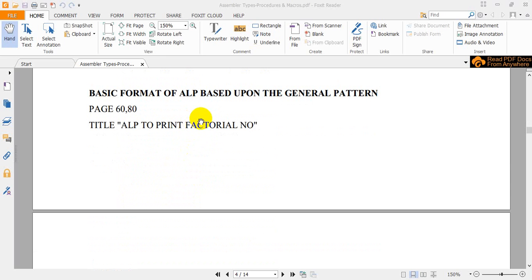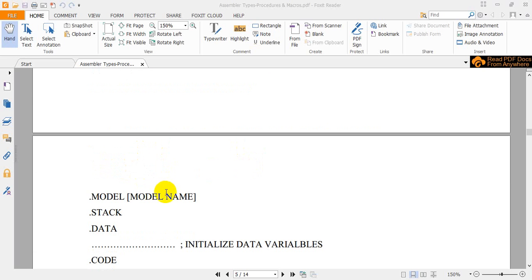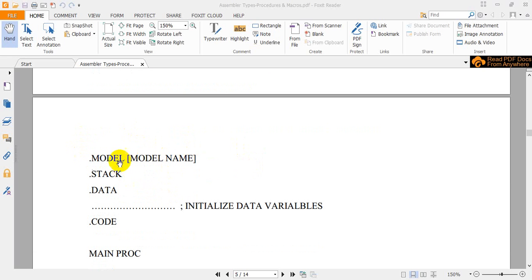The basic format of an assembly language program based on the above pattern can be like this. Normally the page and title are optional directives, and we may not write them in the program. If we write them, that's also fine. On the page directive, we may define it like this: page 60, 80. We'll be discussing the different types of directives later. And the title directive defines the title of the program, and then the memory model definition,